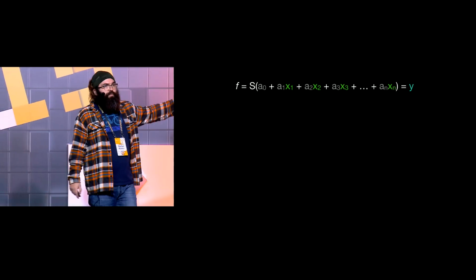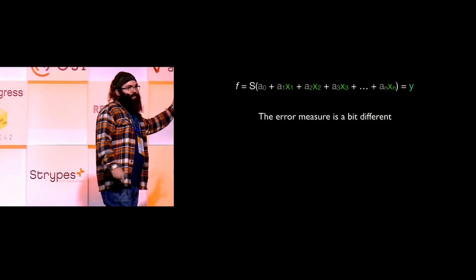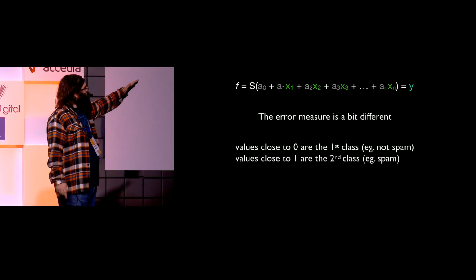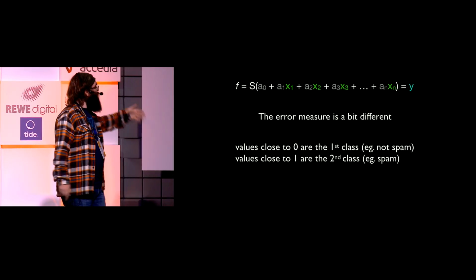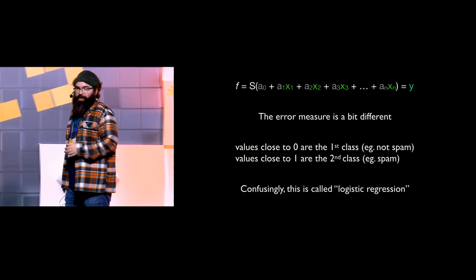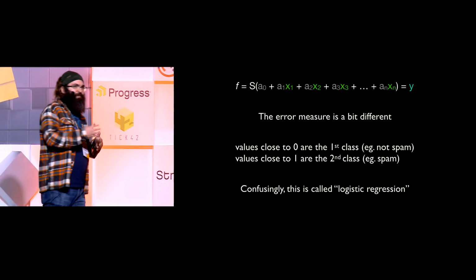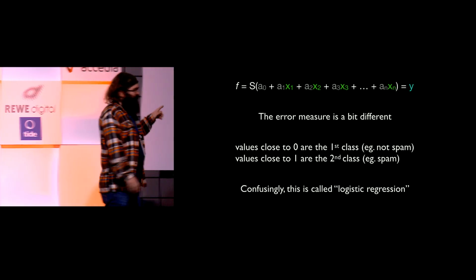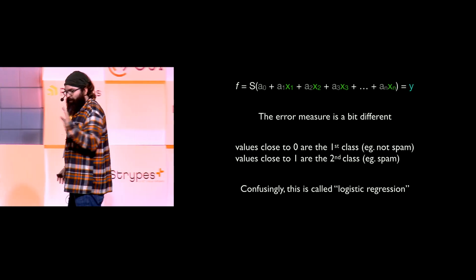Basically, this is the shape of the function you're looking for now. It just has the sigmoid here. The error measure is a bit different, but we won't get into those details. Whenever it gives something close to 0, we take it to mean one of the classes, for example, not spam. Whenever it gets close to 1, we take it to mean the other class, for example, spam. And confusingly, it's called logistic regression. I say confusingly because it's a classification algorithm, but it's called regression. The logistic makes sense because the sigmoid is also called the logistic function. And anyway,